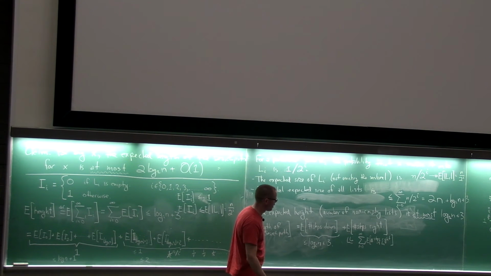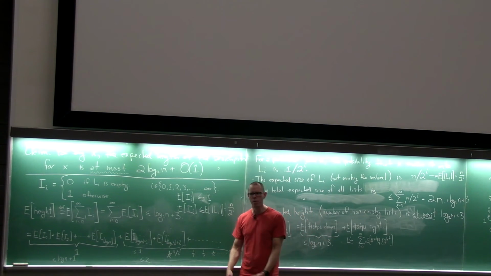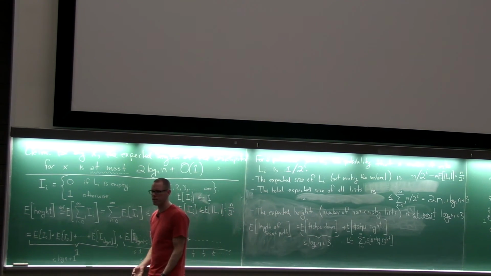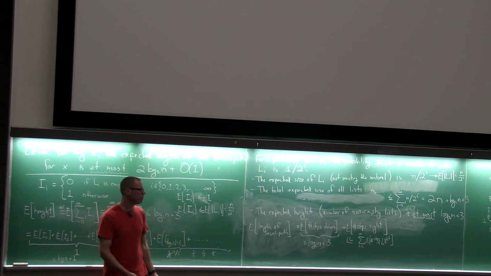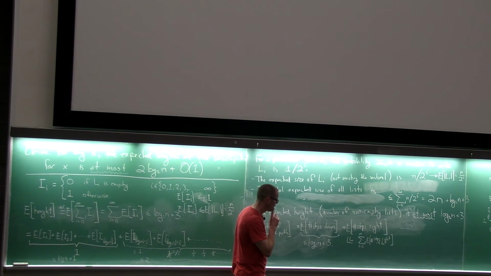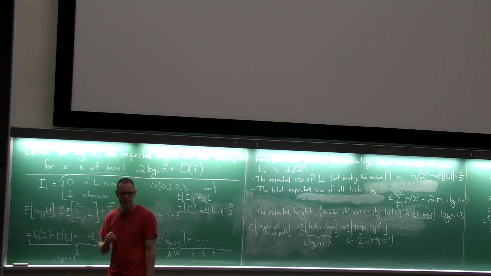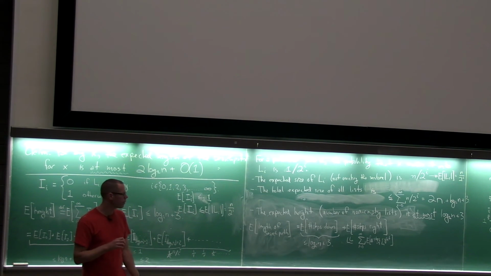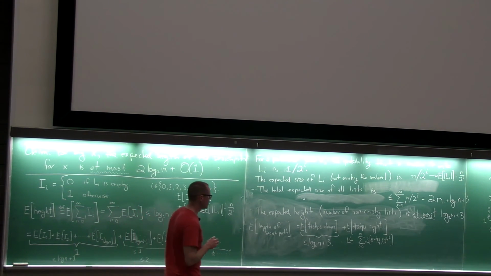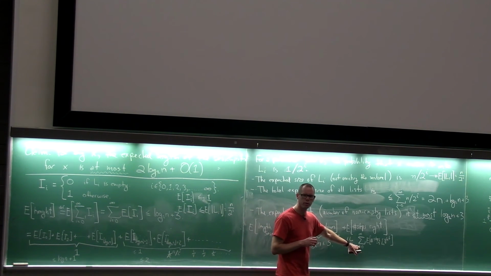You make it write whatever it is you're studying, this complicated thing, in terms of simpler pieces. So now we just have to study one individual list, basically, the list Li, a generic list. This part is exactly equal to